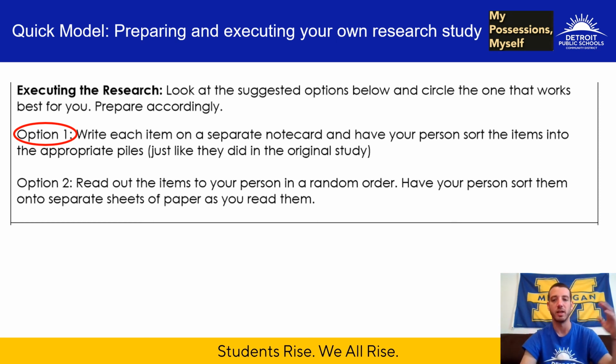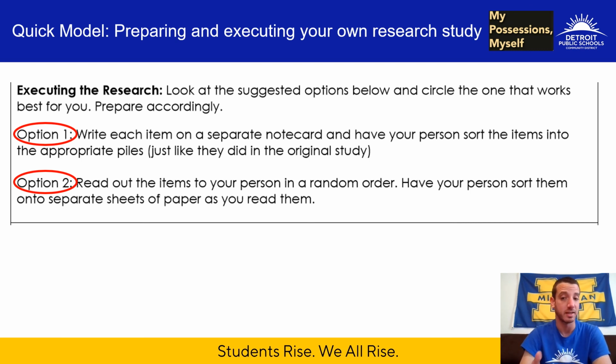You're going to write each of the items you generated. So there's 8 from each category, 32 total. You can put them on separate note cards, and then the person in your research study will actually sort them into the piles throughout the study, like physically sort them with the note cards. That's option 1. Option 2 is read out the items to your person in a random order,